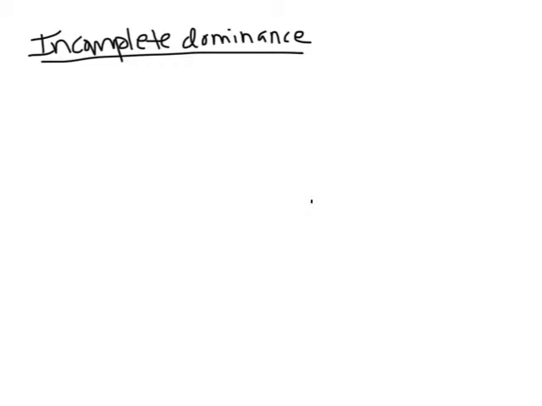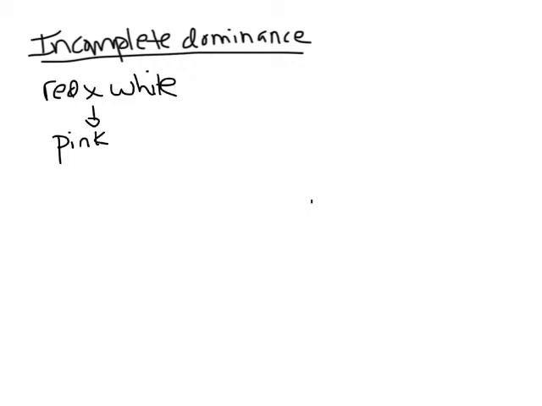One type of inheritance pattern that's not complete dominance is called incomplete dominance, which is basically what it sounds like. It means that neither allele covers up the other allele. In this case, in the heterozygote, where both alleles are present, it's actually a new phenotype that doesn't look like either parent. Usually it's some sort of blended intermediate phenotype. A classic example of this is snapdragons. If you take a red snapdragon and a white snapdragon and cross them, you get all pink